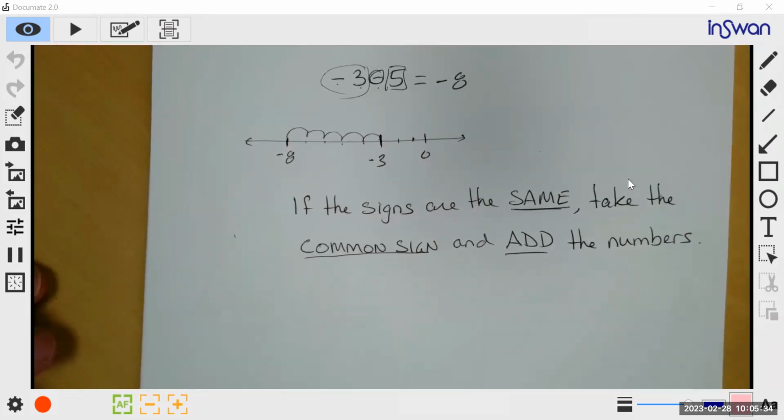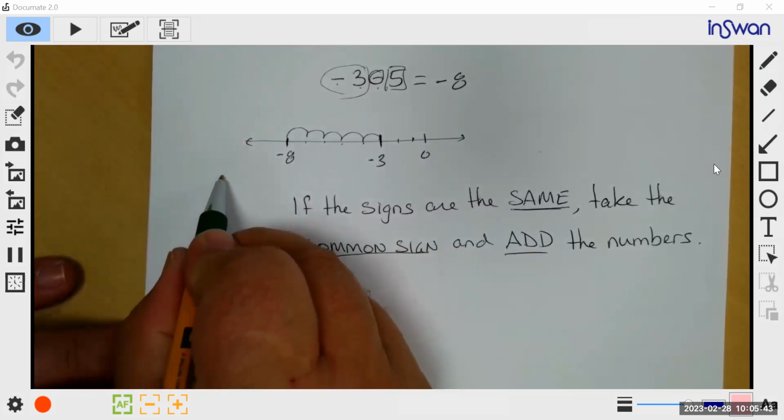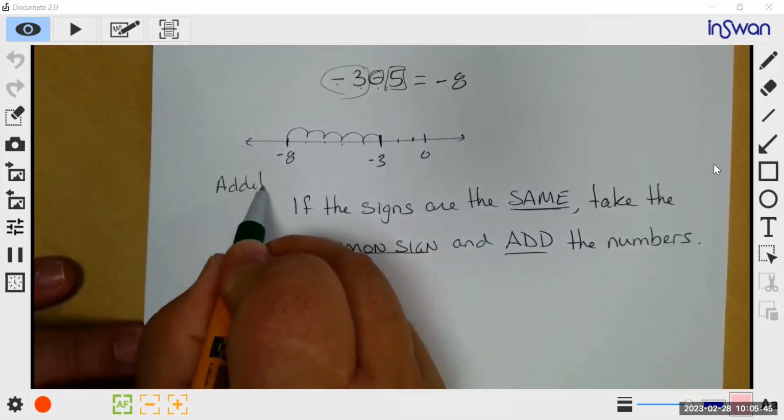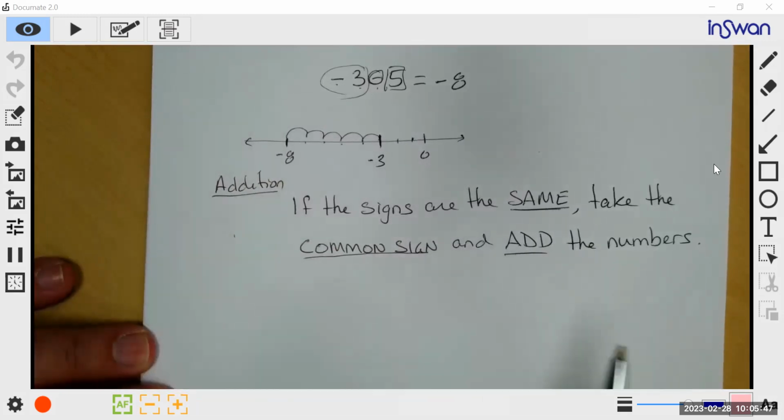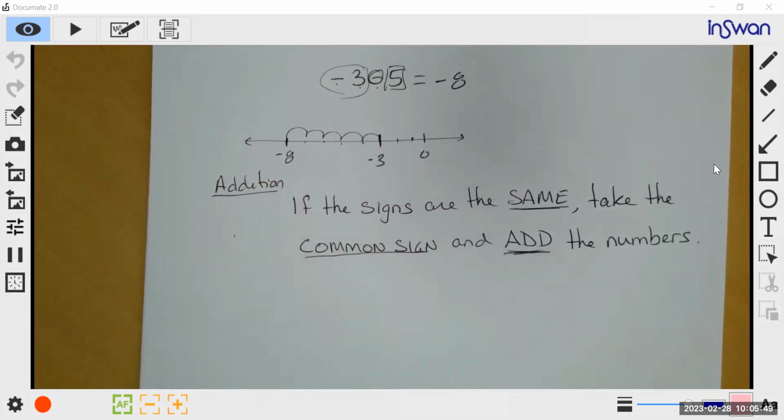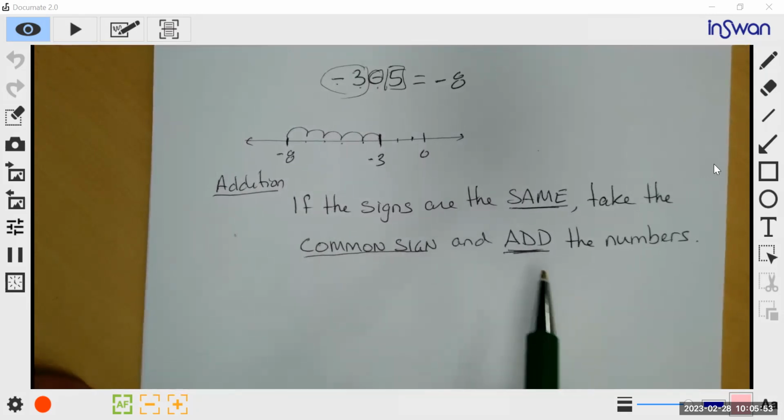If the signs are the same, take the common sign and add the numbers. This is addition. Add. So if you follow this rule,